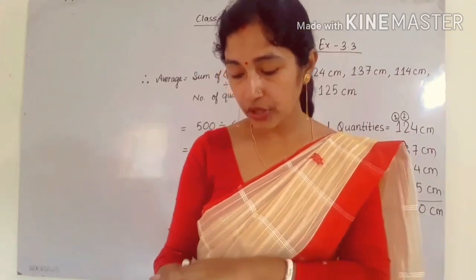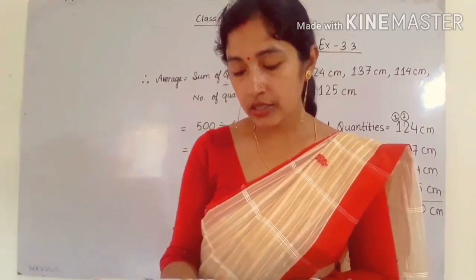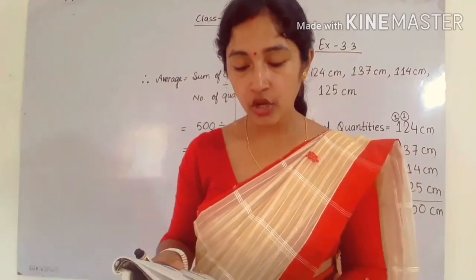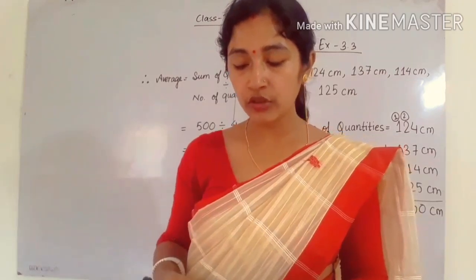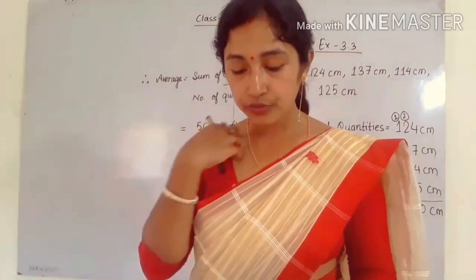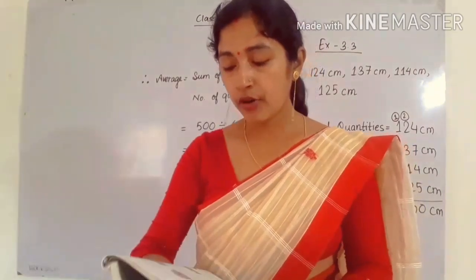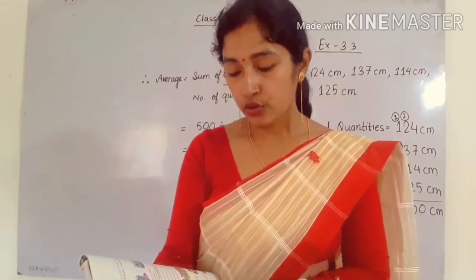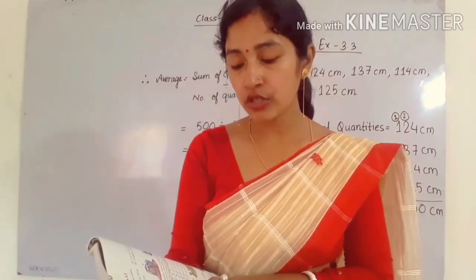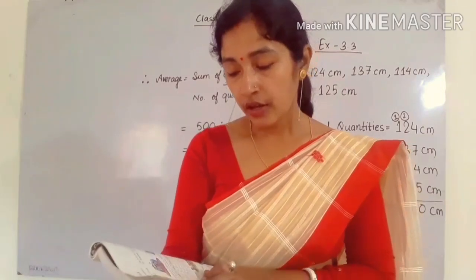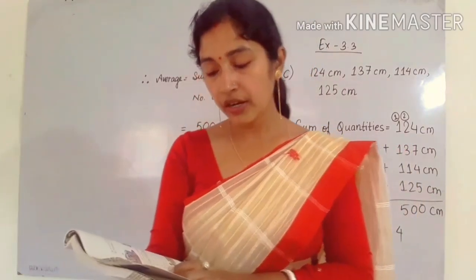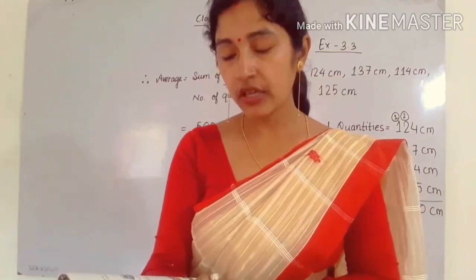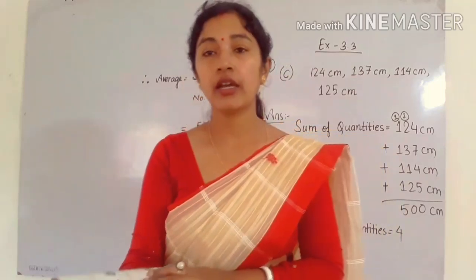So like that, in question number 3, see what is given. This table shows the number of newspapers collected by students of class 1, 2, 3, 4 and 5 to donate to the animal shelter over the month of December. So this shows the number of newspapers collected by the students from class 1 to 5. In the first week, class 1 students are collecting 38 newspapers. Similarly in the second week they are collecting 49. In the third week 75. In the fourth week 62.